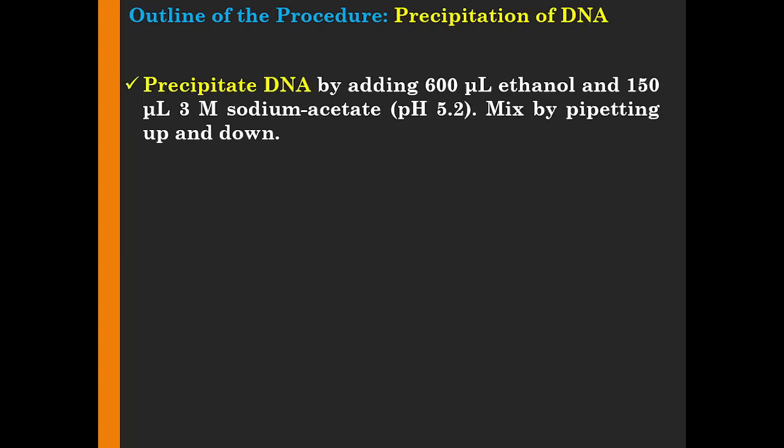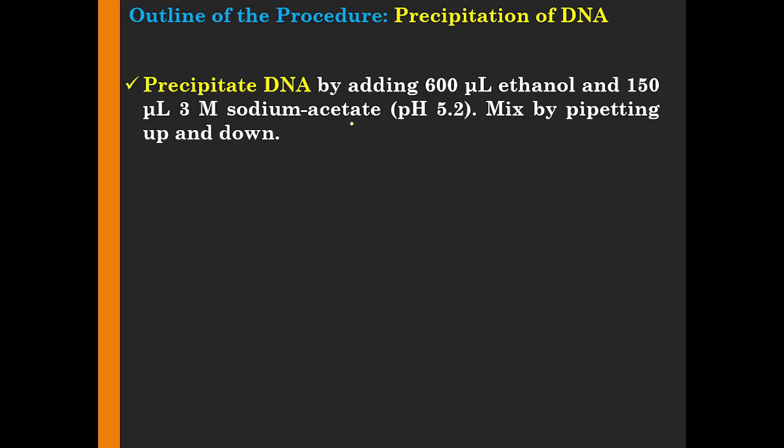The next step is your precipitation step. As I initially mentioned, it essentially consists of 3 steps. So the lysis part is done. Now we are looking into the precipitation of the DNA. For the precipitation of DNA, ethanol and sodium acetate are used, so that your DNA will be in kind of a hanging situation.